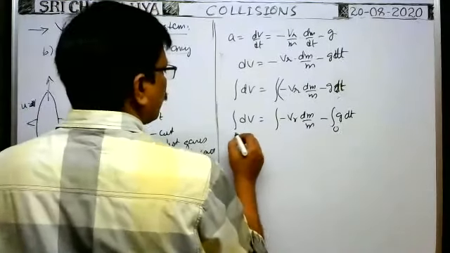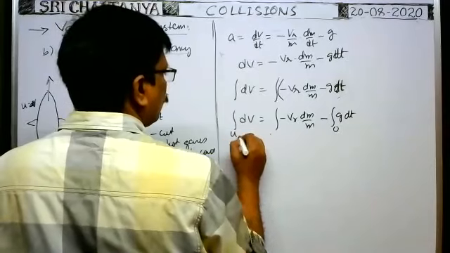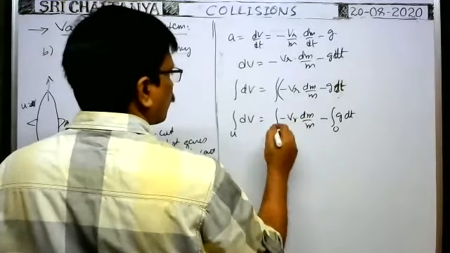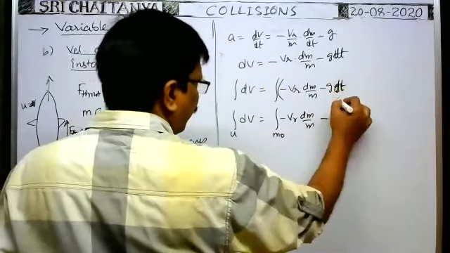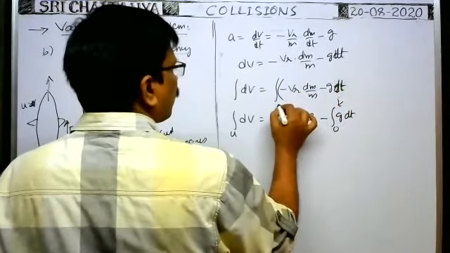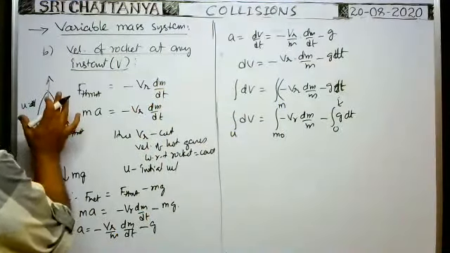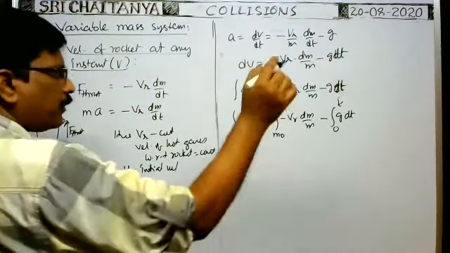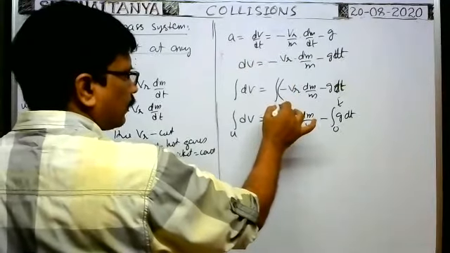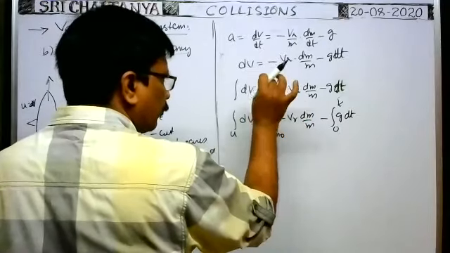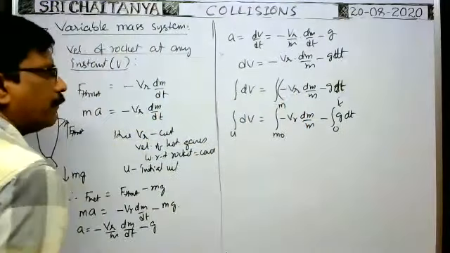Then at t equal to 0, the initial velocity of the rocket is u, and the initial mass of the rocket at t equal to 0, before it starts motion, is say m naught. After any time t, the mass of the rocket becomes say m, because after some time t, some mass of the hot gases ejects out. The remaining mass of the rocket is m. In this mass m, the mass of the rocket alone plus the mass of the fuel are together there.